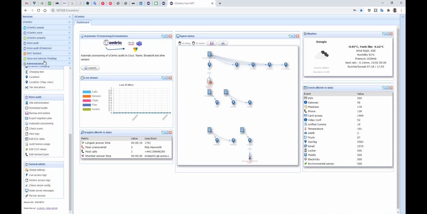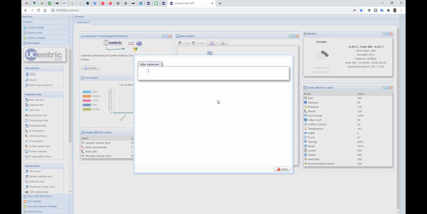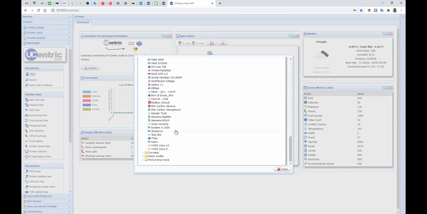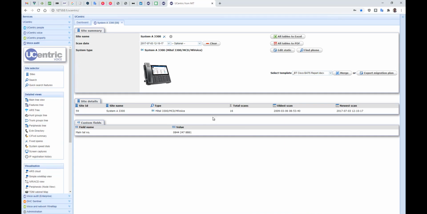Now, let me show you what that looks like when it gets into the system. So I can click on sites and it will show me all of the existing audits that are within the system. And as I said, it normalizes the data. So it doesn't matter whether we're looking at a Mitel, Nortel, Siemens, Avaya, data is always presented in the same way. I'm looking at a Mitel system here, and it's showing me that there's been 16 audits between these two dates,